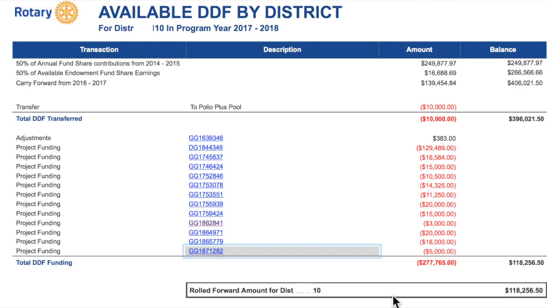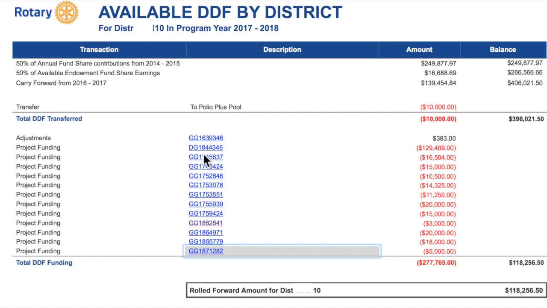Looking at another report, I pulled up this one specifically to show you this district is receiving almost $17,000 in DDF just off of the interest earnings from their very generous Rotarians who have tagged their endowment to the annual fund share. What a great opportunity and what a great legacy for our Rotarians to be able to do that. And we haven't had to make one phone call, ask for one pledge card, or collect any money. That is just automatic interest earnings on here. So consider that as a great opportunity going forward and working with your endowment chair that will help with your